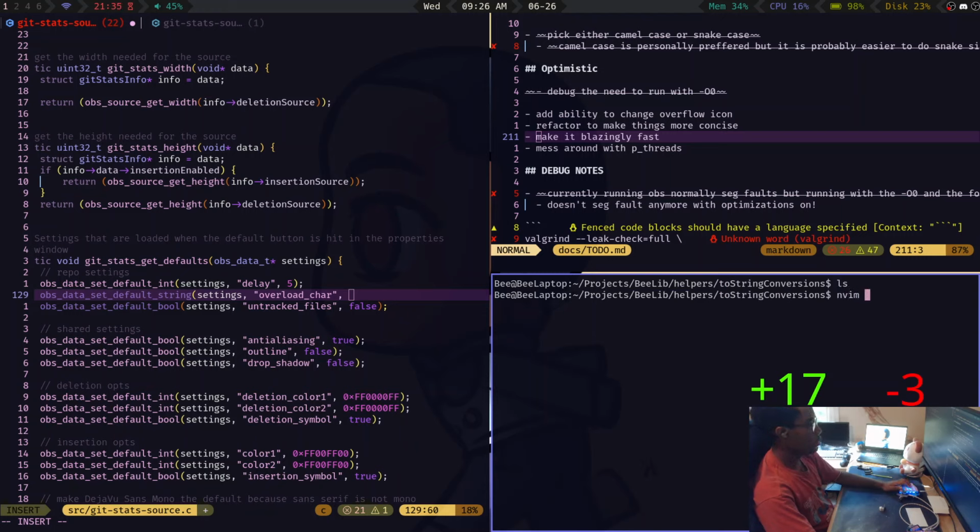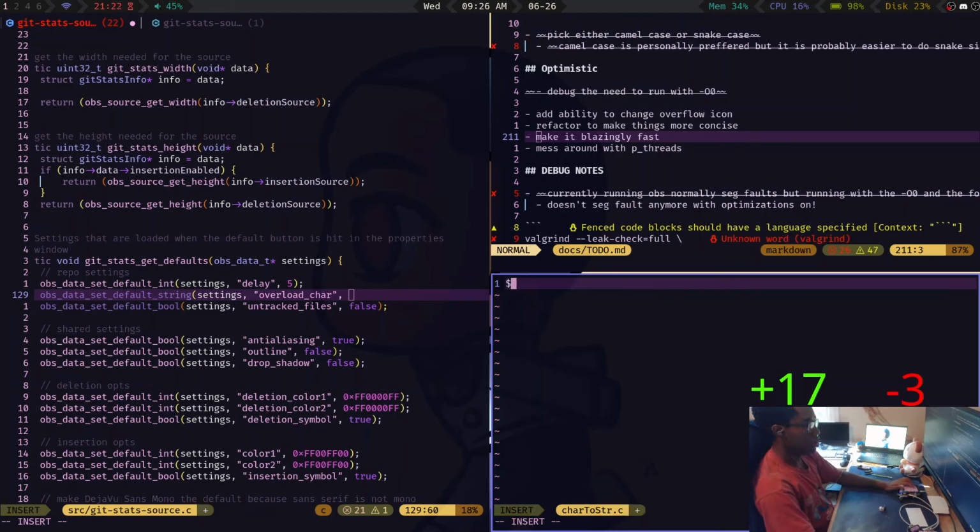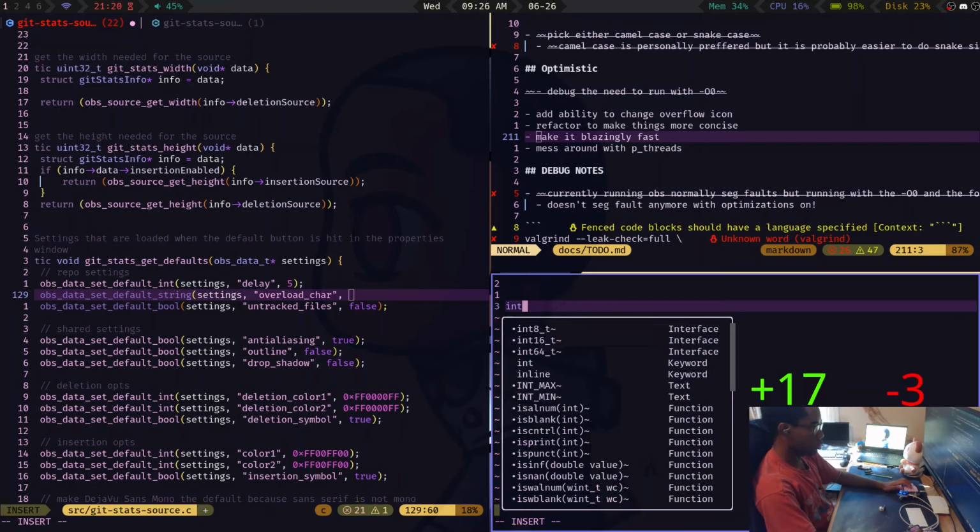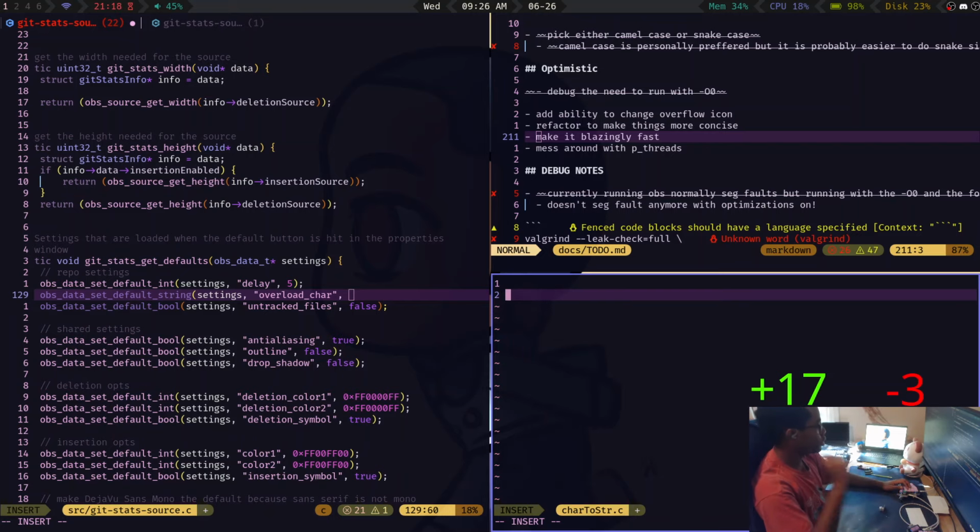Now we're going to make a file called char to string.c, and then we're going to define a function called